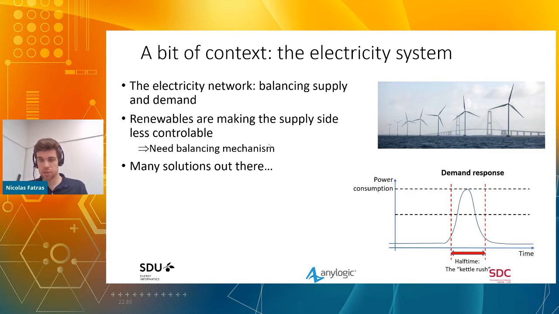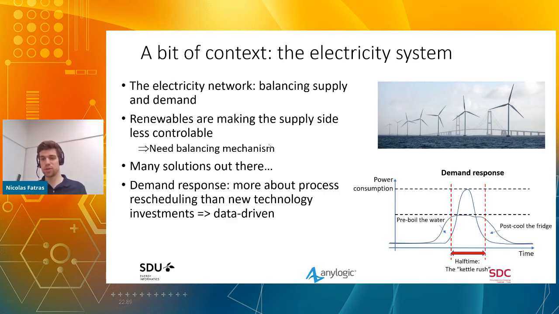So in that case, what you want to do is flatten the curve. I'm using this term quite consciously because it's been used quite a lot over the past few months with Corona. But instead of having your max capacity being dictated by the number of hospital beds, this max capacity is dictated by the amount of power from your wind turbines or your solar plants. So you want to shift this demand through time.